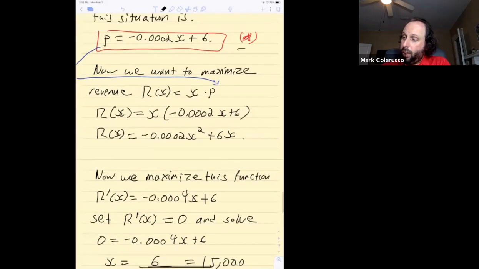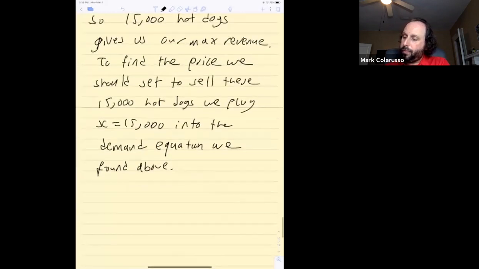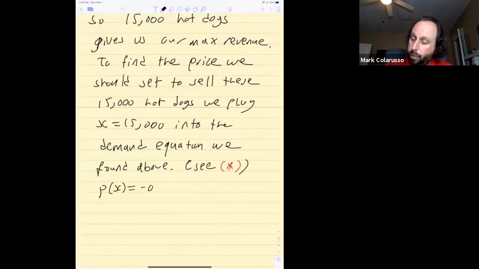Which was here in star, right? See the red star. Okay, so that was P of X equal to minus 0.0002 X plus 6. And so if I plug in